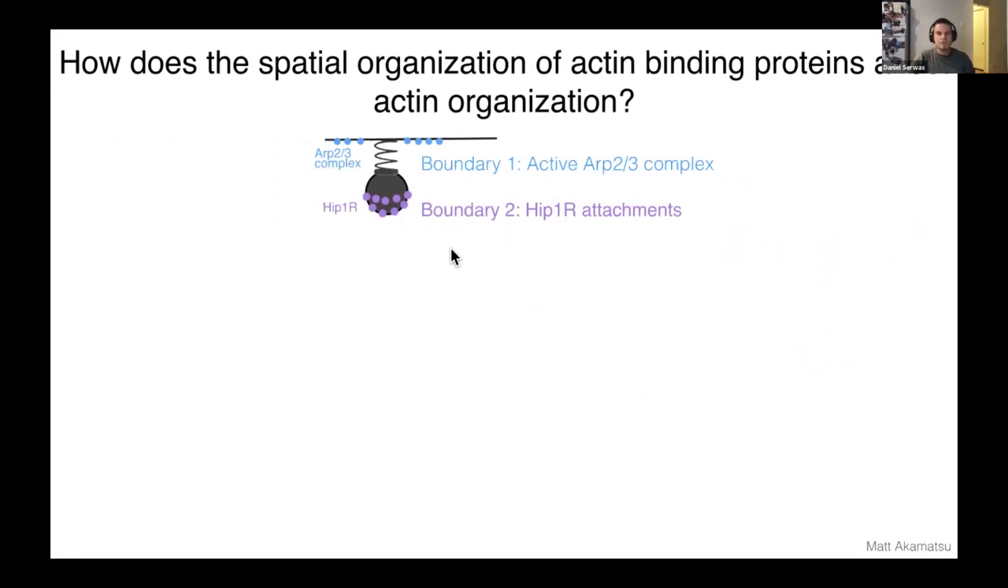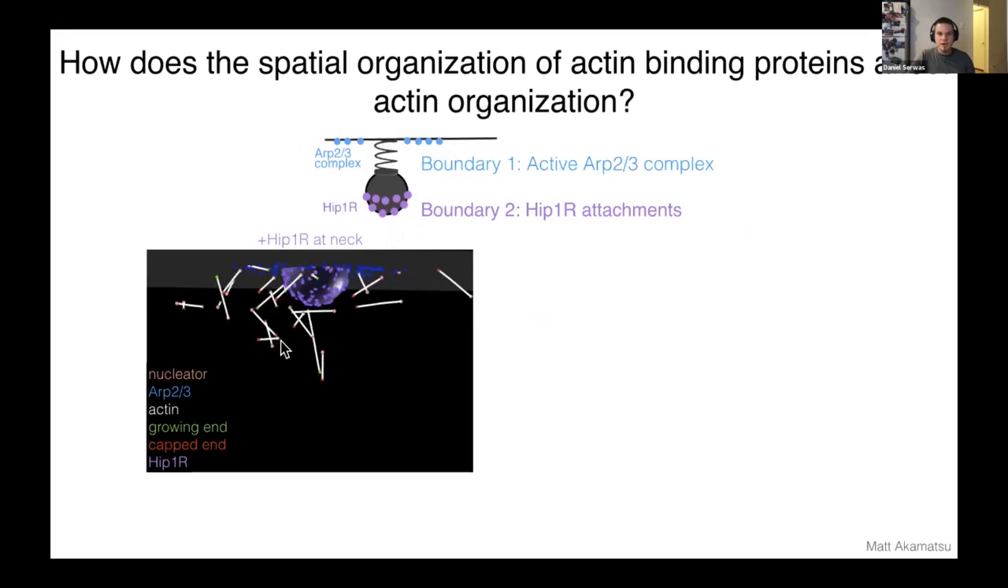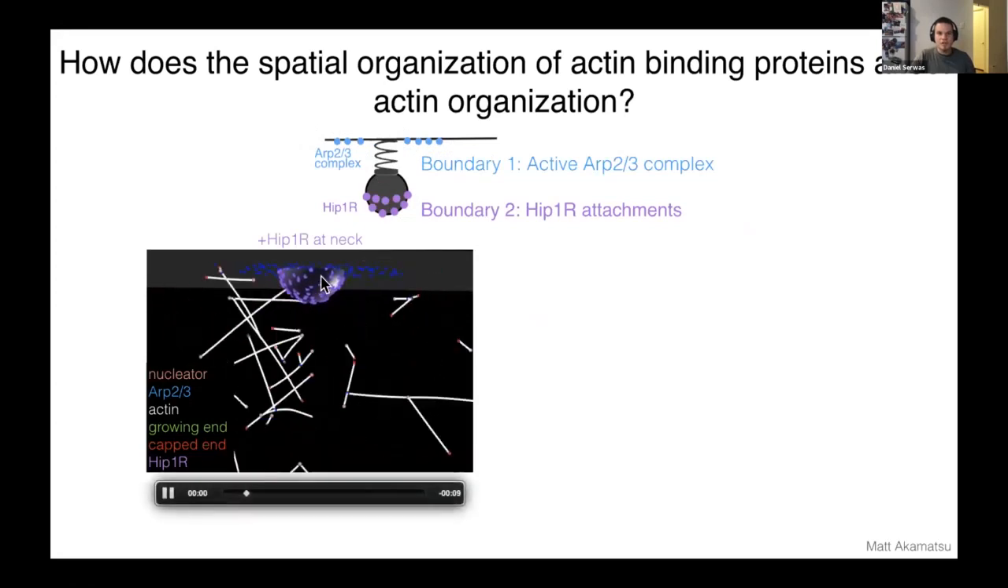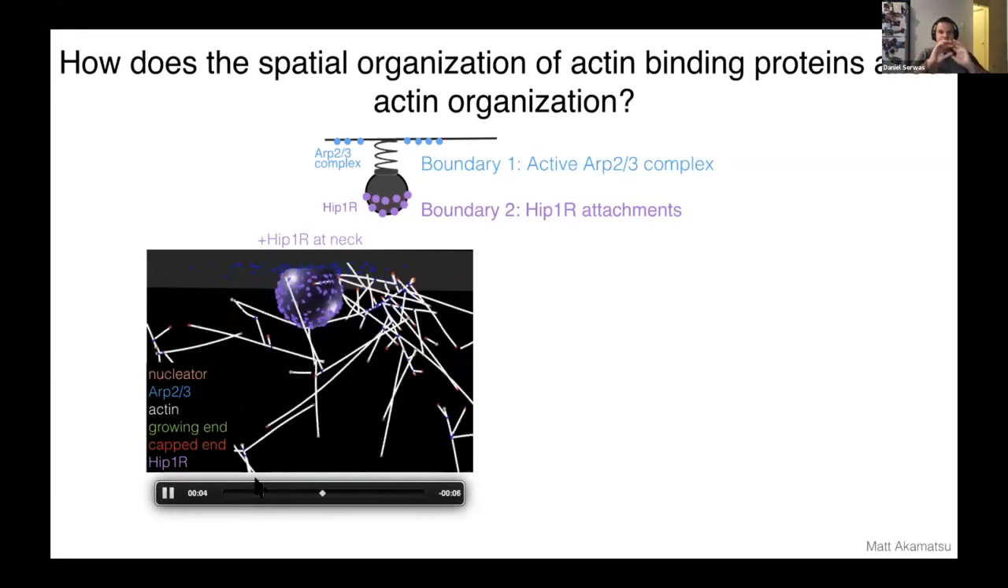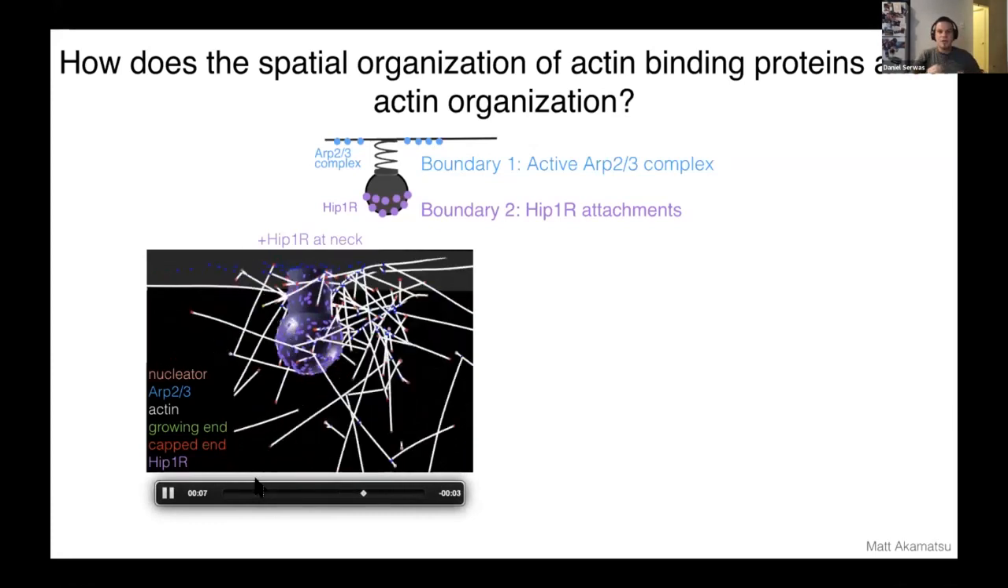As I told you before, the main geometry defining boundary conditions for actin in clathrin-mediated endocytosis are the ring organization of the activated Arp2/3 at the plasma membrane and the position of these HIP1R molecules. If we now place HIP1R also at the neck of these endocytic sites, what we can see is that these actin filaments now wrap around the neck,